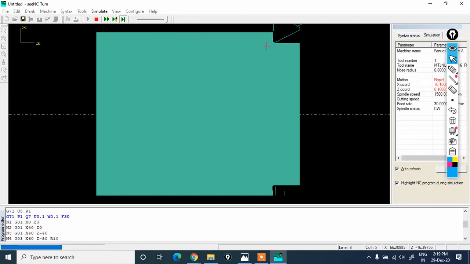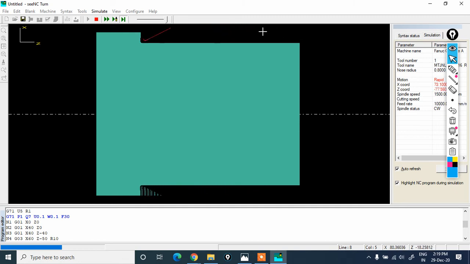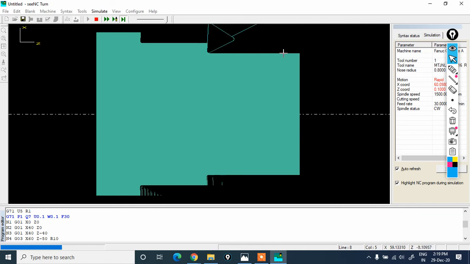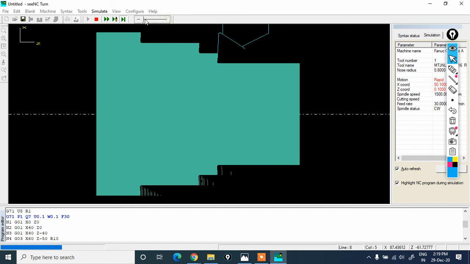Now you can see more material is removed, and finally we will get the final product. If you see here, my cutting tool is traveling parallel to the rotation. And see, it will retract. Please observe the retraction.